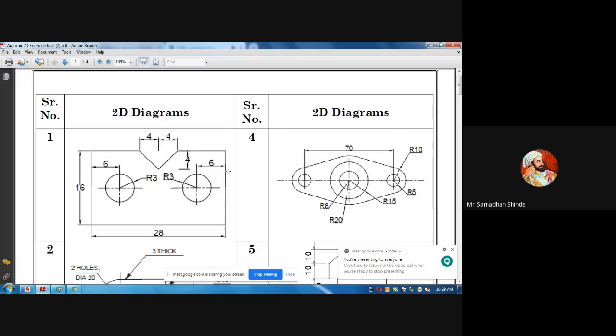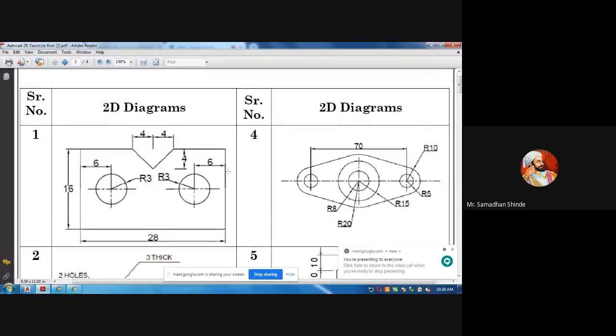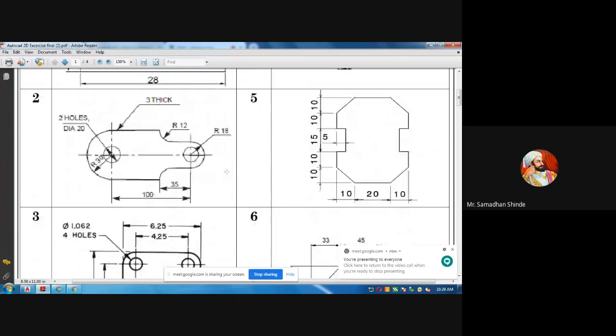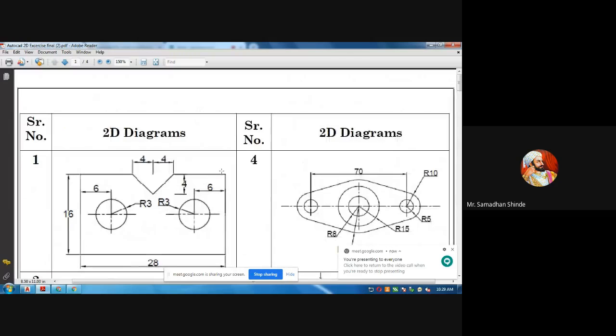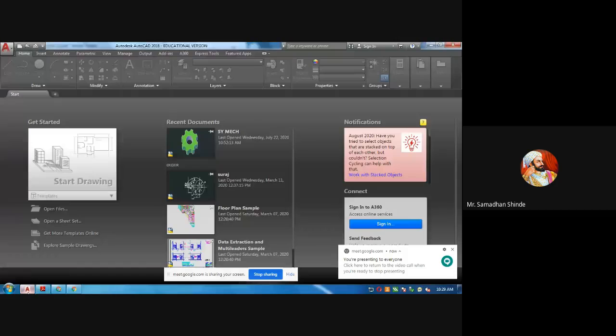Likewise, we have also seen different drawings. Such types of drawings we can even draw. So there are a number of different drawings. A few we will draw today. So draw toolbar. Once AutoCAD opens,